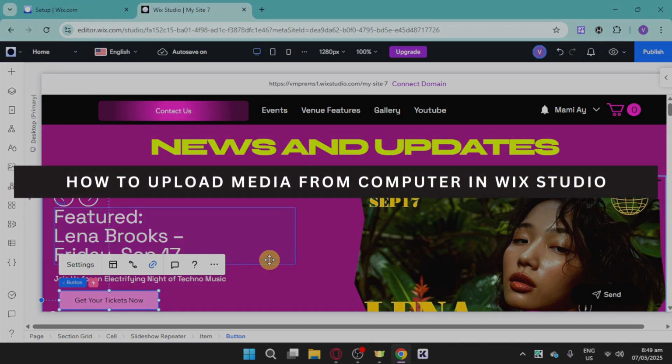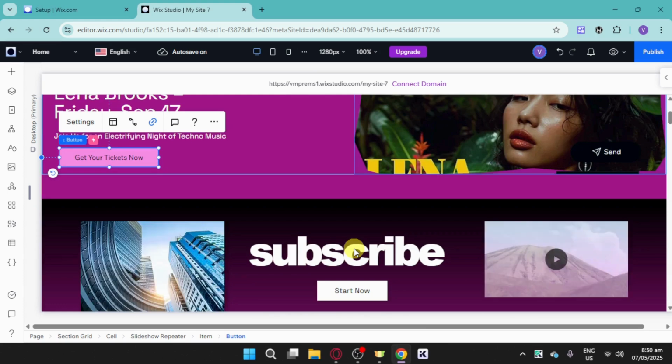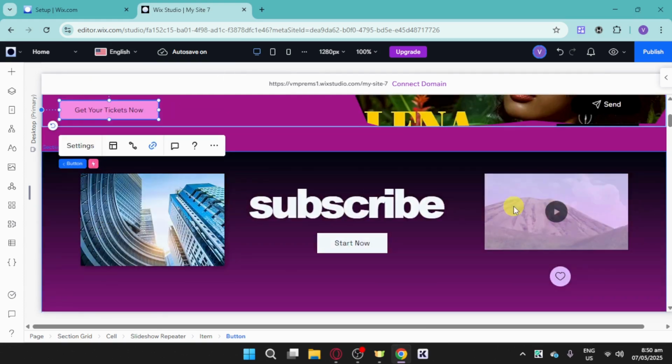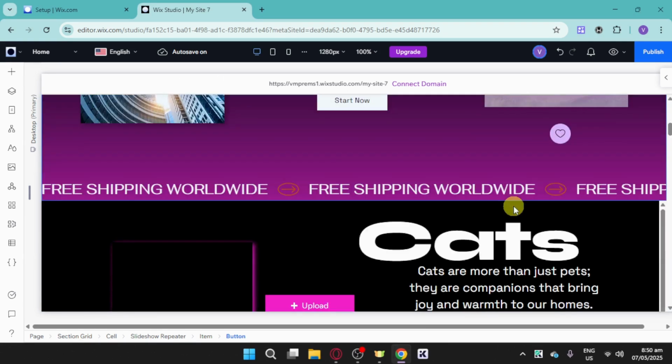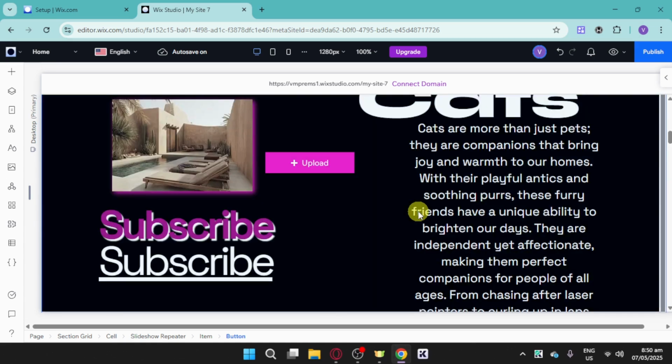How to upload media from computer in Wix Studio. So in order to upload media, it can be a video or an image. So if you want to upload something like that, what you can do is you can just head over to